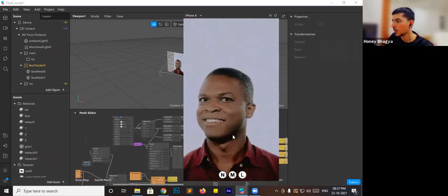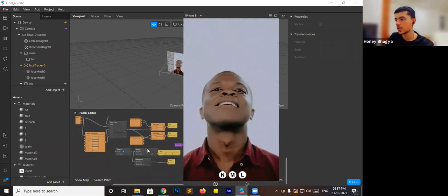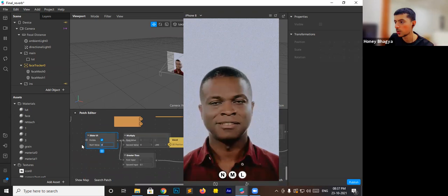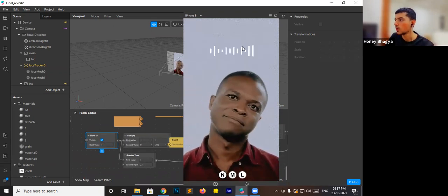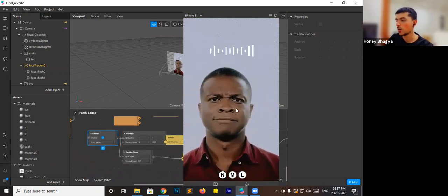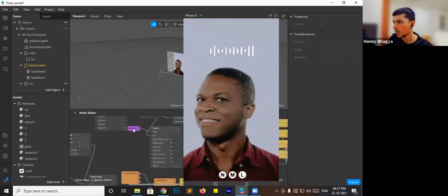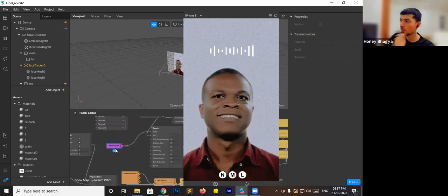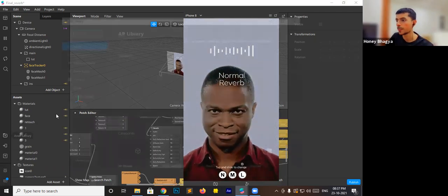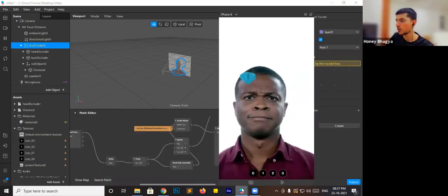And actually the effect is connected to the slider, but as you know, we can't use the slider here. I'm going to change the value to 1. So that's my audio reactive thing here. And we have a microphone here. Again, we can't use the microphone, so we are going to use an audio from the library.